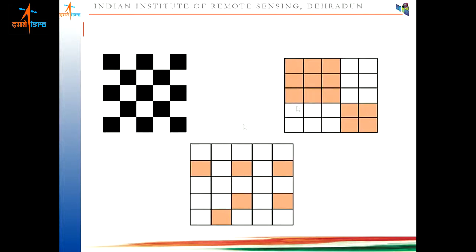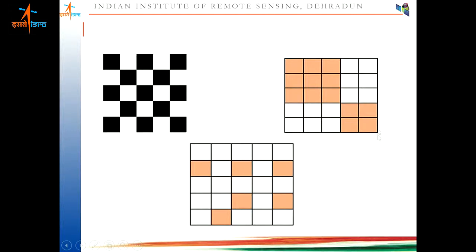Here you can see three kinds of patterns. This is a clustered pattern, where similar values are clustered here and here. This is a dispersed pattern, and this one is a random pattern, where values are randomly distributed.